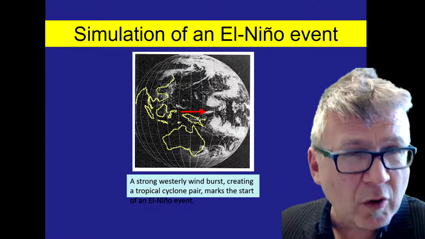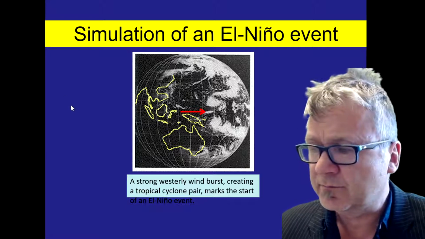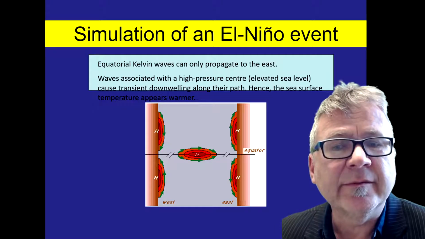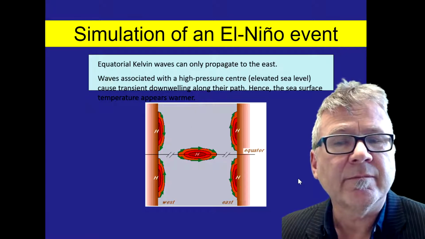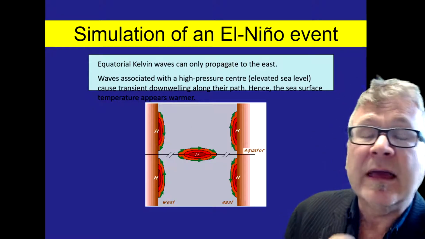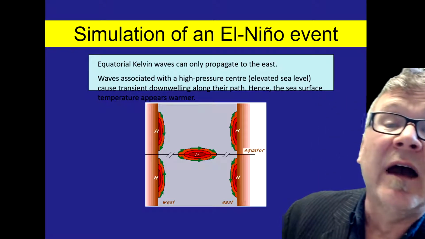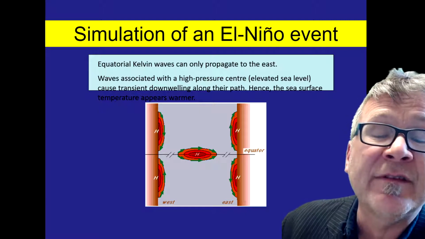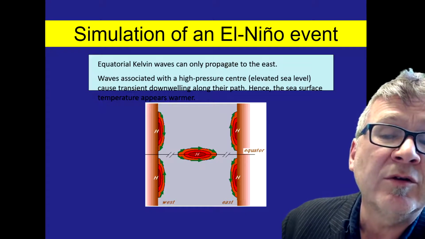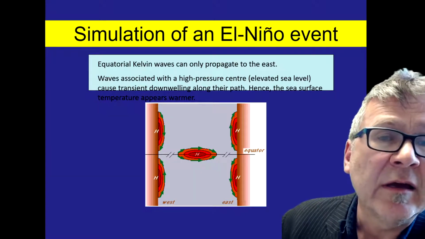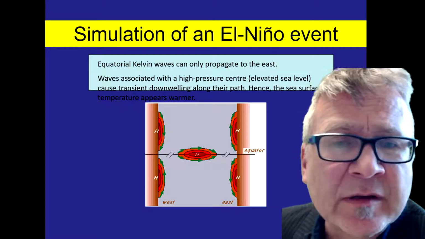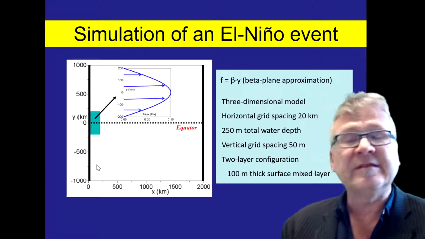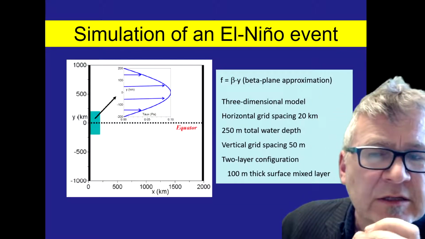And there's a little bit more that you need. Okay, so El Nino events are associated with so-called equatorial Kelvin waves that can only propagate to the east, not the west. And I urge you just to read a little bit about them. So what do we do now in this simulation? Okay. So we use